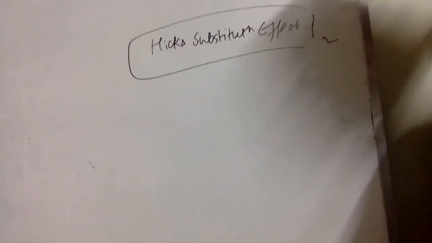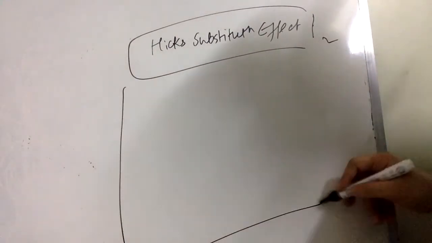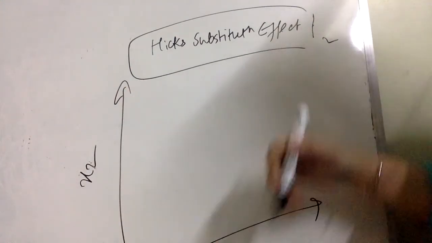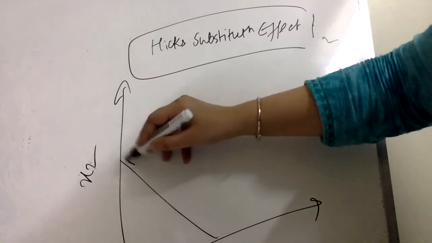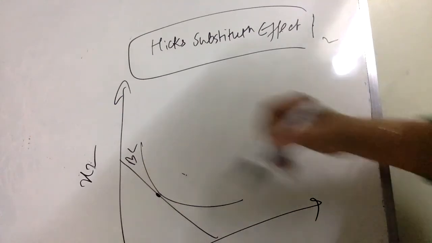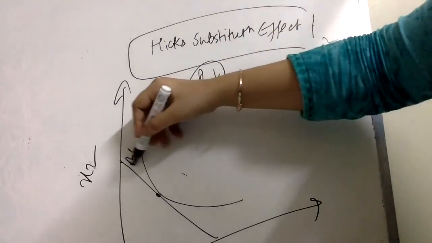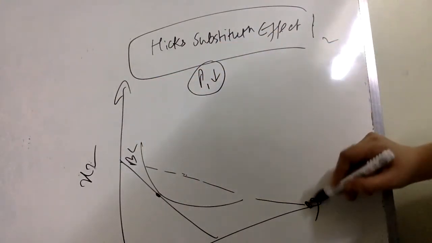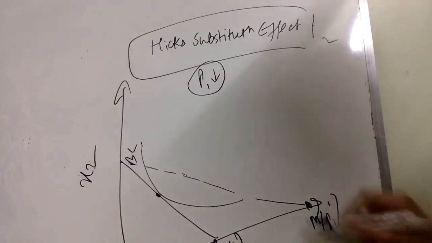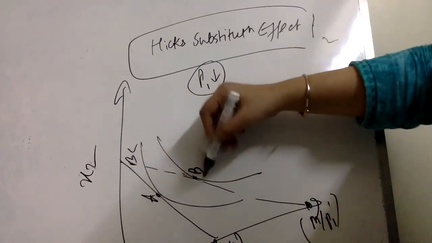the Hicks substitution effect, which is a little different from the Slutsky substitution effect. What is the difference between Hicks and Slutsky? Let's understand. So having two goods here, X1 and X2, if I have an original budget line corresponding to which I have an optimum point here, which is the original choice. Now if P1, the price of good one, falls, my budget line moves from this to another budget line, and I move from this point M by P1 to here, the new point M by P1 prime, and correspondingly I have a new point of optimality. So if this was point A, this was bundle B.